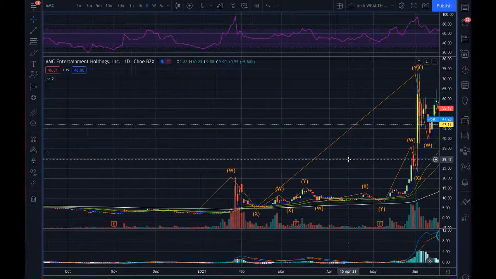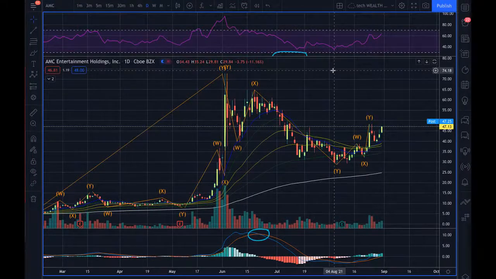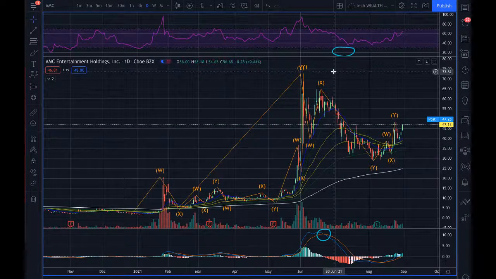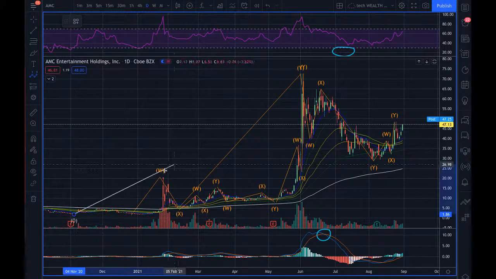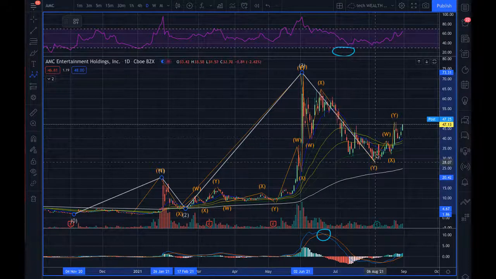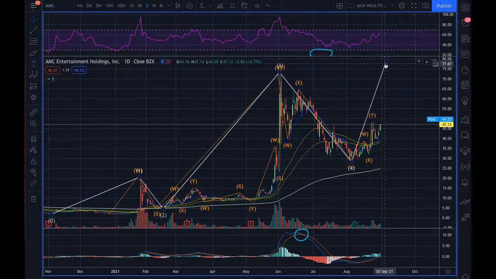They look like all 3 waves to me at this point, which is not a good sign. But if it does make a new high above 73, that would be good. And this might be a big wave 4. If this isn't 3 waves and there's a wave 4 and a 5, it could be something like 1, 2, 3, 4, 5. However, I don't think that's going to be it,